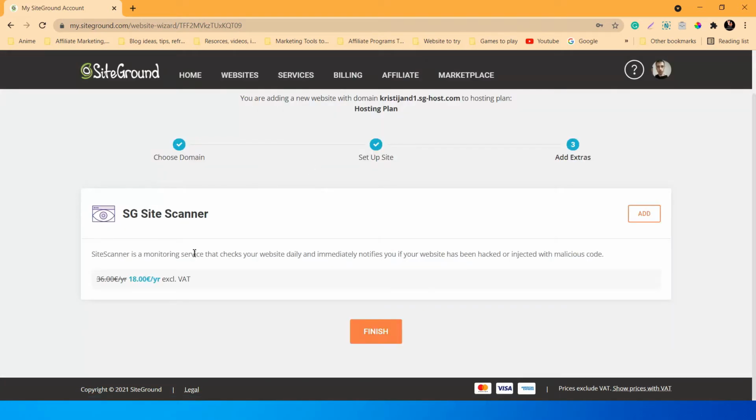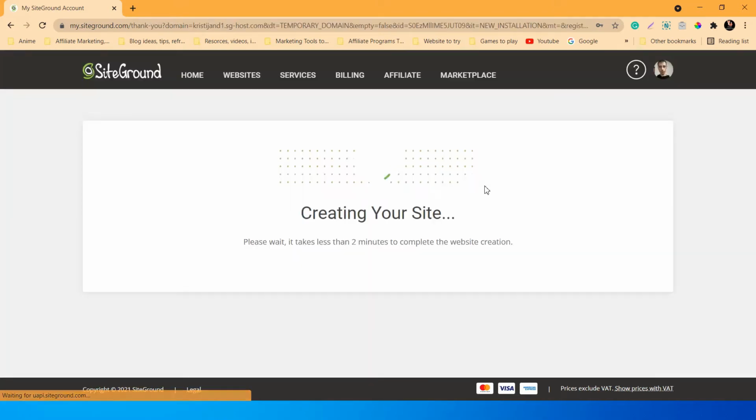They will ask you if you want to pay for these extra services they offer, such as Siteground Site Scanner, which basically checks your website for any intrusion, any hacks. If it's anything wrong with your website, it will tell you, it will send you a message. But you don't need to use this. You can pay 18 euros per year, so it's not a monthly subscription, it's yearly. But there are many free plugins that you can use that do the same thing, even better than some of their paid tools here. Just going to click finish,